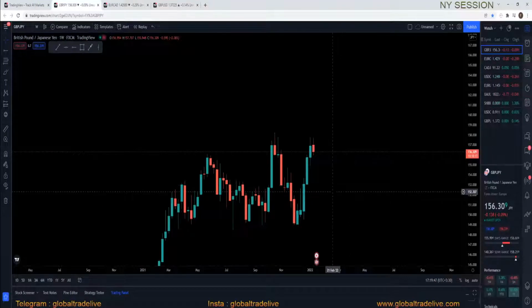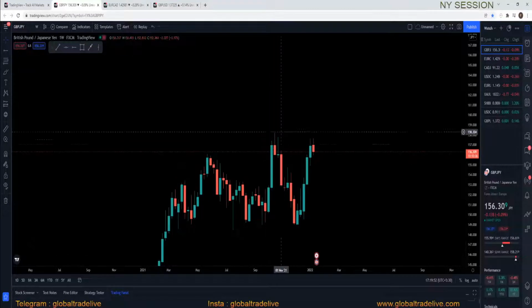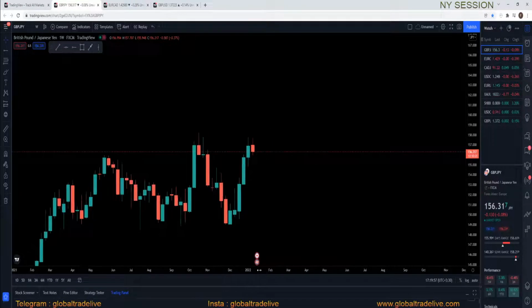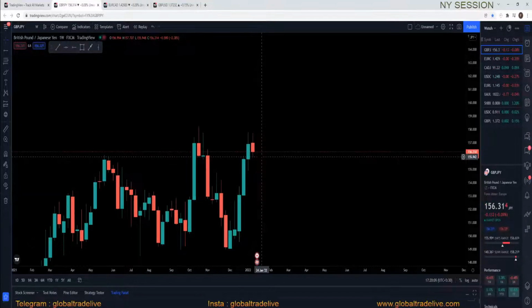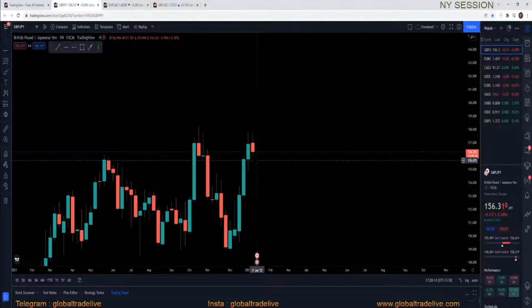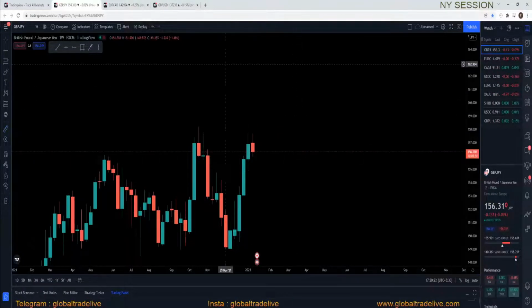So if we talk about weekly over here, weekly is now reversing back from the same area it reversed back from. So this was a really strong key level of the market, and the weekly is now reversing back. So it can possibly fill its own wick again, and once it breaks its own low, then the first point will be somewhere over here, you can say. Yeah, 53 pips down.